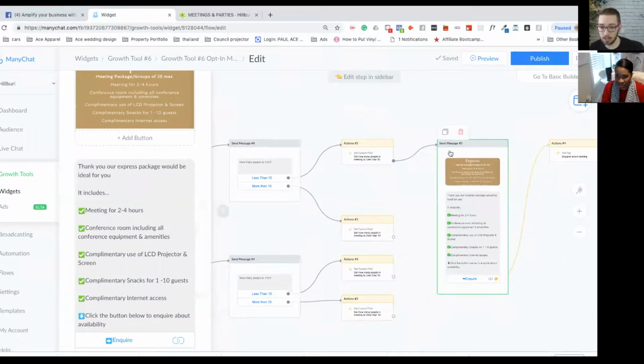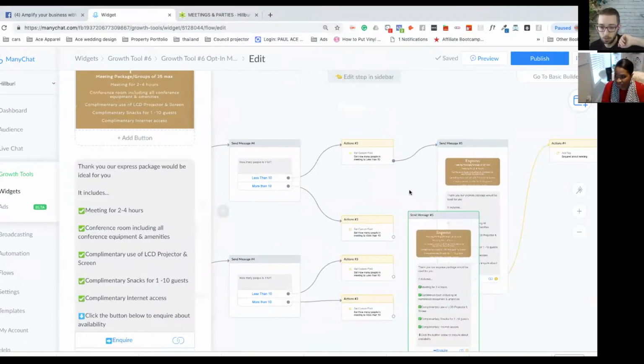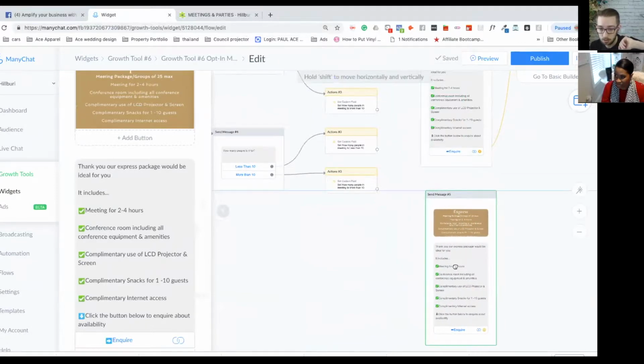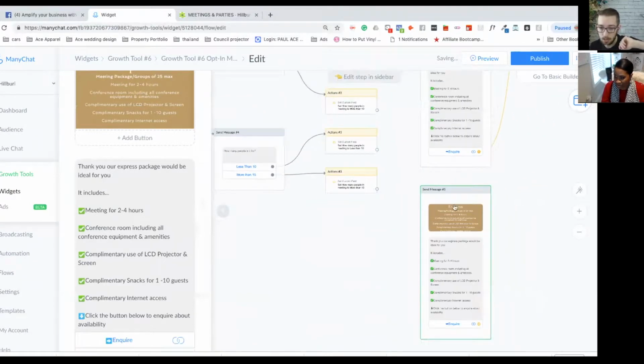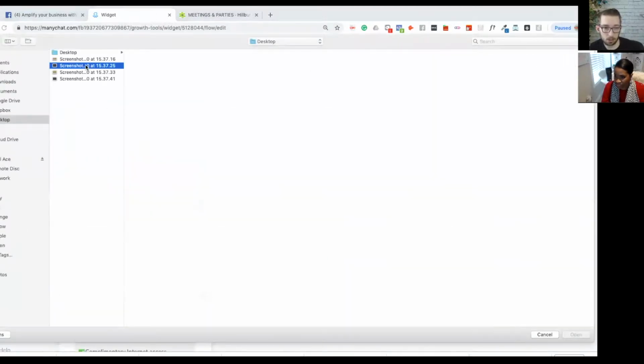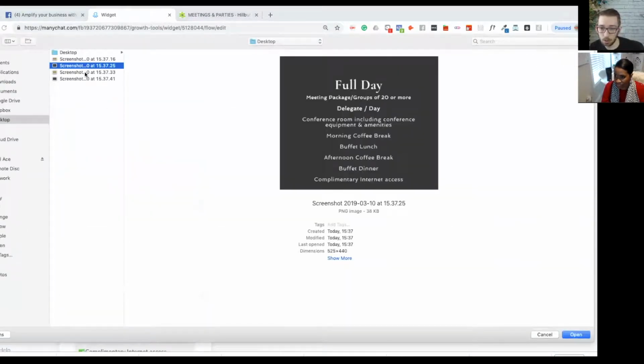So the easiest way then is to do the other one. So we've got the conference and the full day package and everything as well. We're going to do copy. Okay. And we're going to take that one. We're going to change the image to